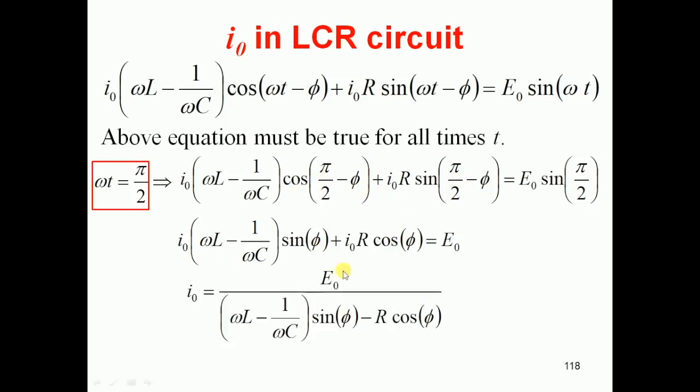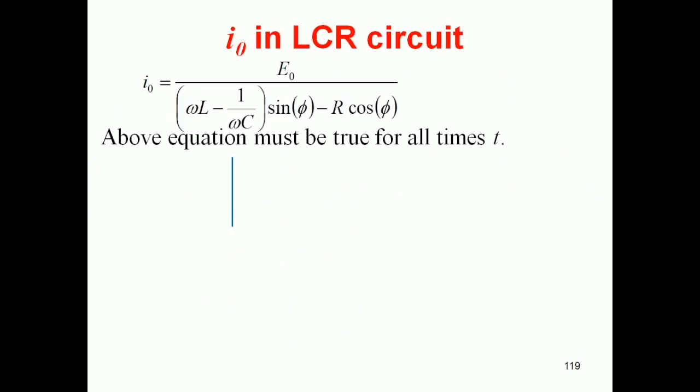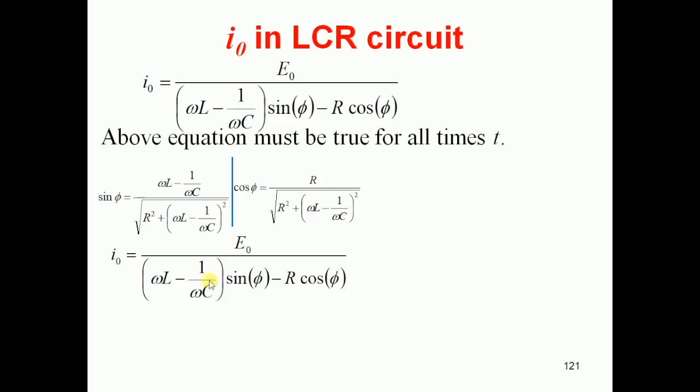So here we have this equation. This equation can be rearranged for I0, and I0 is equal to E0 upon this bracket, omega L minus 1 over omega C, into sine of phi minus r times cos of phi. So in the earlier slide we have values of sine phi and cos phi in terms of L, C, R and omega. Those can be substituted back, and sine phi is this one, cos phi is this one, and if you substitute that, we have